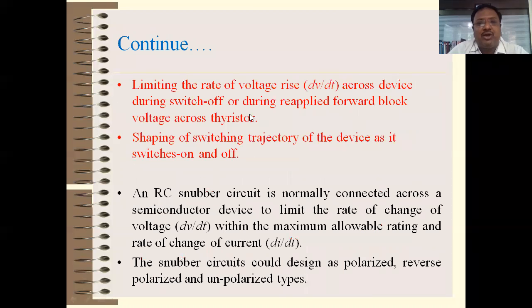Then limiting the rate of voltage rise. This is most important, high dv by dt across the device, right? During switch off or during reapplied forward blocking, over voltage across the thyristor, and shaping of the switching trajectory of devices as it switches on and off. So dear students, actually the transients,